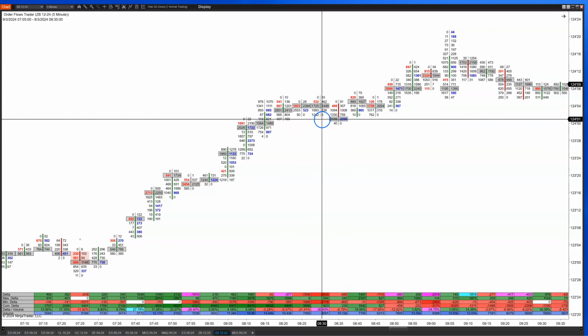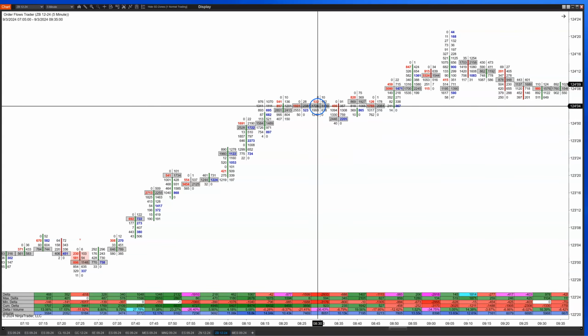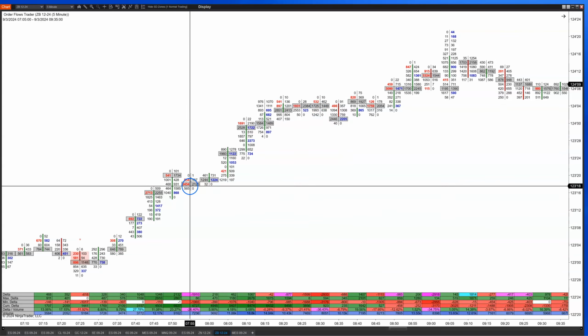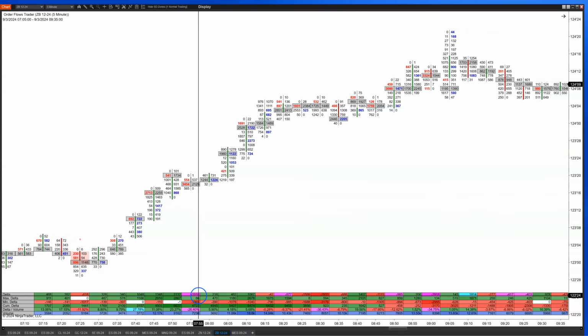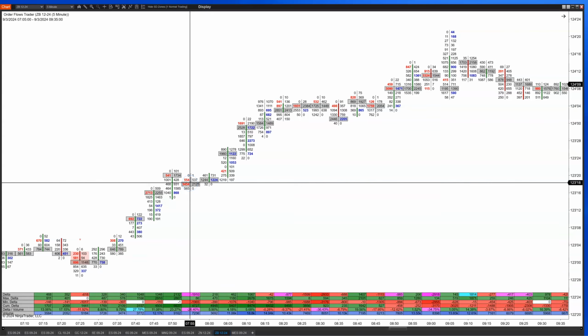Imagine the delta is minus 2,900. It's a very strong delta. The volume for the bar is 8,051, and the delta is minus 2,933. So 36% of the bar's volume is negative delta. And it's not enough to push it down. Sort of a clue earlier was this little doji bar here where you had, again, nice strong negative delta that was being absorbed. All that aggressive selling was being absorbed,